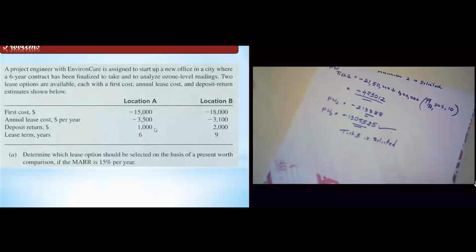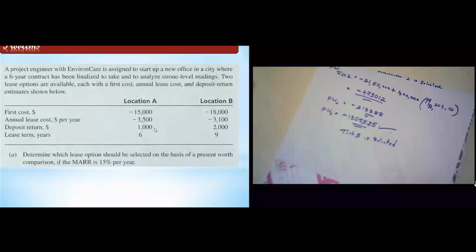Anyhow, we will be solving it in the next class. So for the study period, the second method is the study period method. When we have unequal life, there is another method called the study period. Okay, so in the study period, the company will decide some time period, right? Depending upon some decision, some calculation or any brainstorming session, they will arrive at a final analysis period.